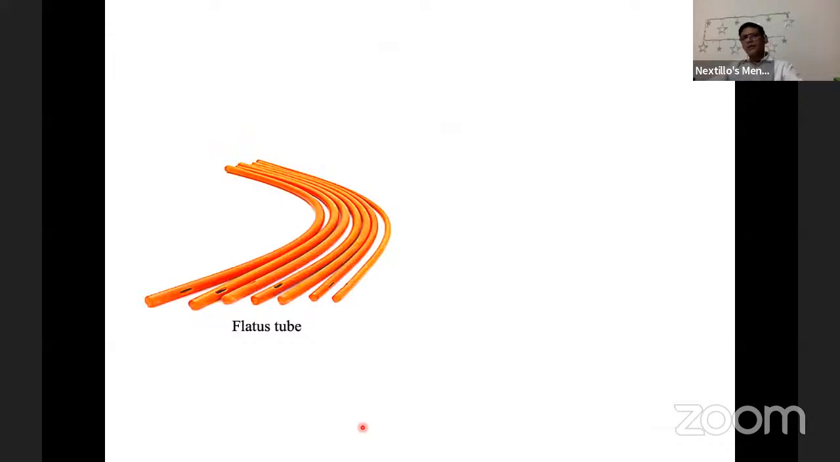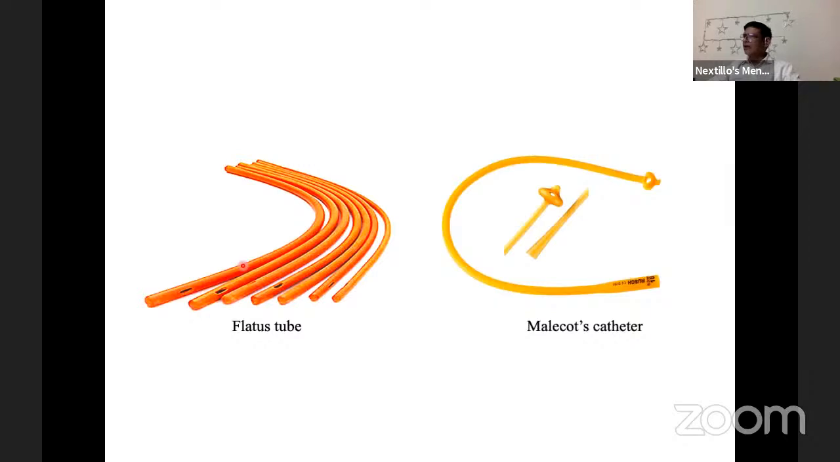Okay, this flatus tube is inserted through the anal opening, through the anus, and this is to decompress the distal area, to remove the air that is trapped in the distal area. And this is our Mellicot's catheter. So these are some basic fundamentals regarding it,